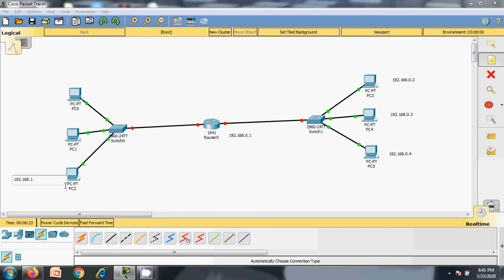This is one network. 1.4, 1.3, 1.2, and I will define this gateway router as 1.1, right?